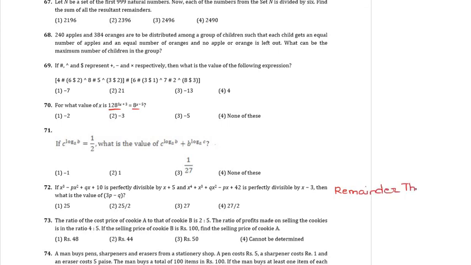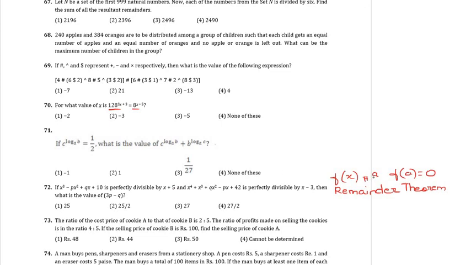For any polynomial, let's say a polynomial f(x) is divisible by (x minus a), then f of a is 0. That is the only thing you need to remember. So if I know that this is divisible by x plus 5, I substitute x equal to minus 5